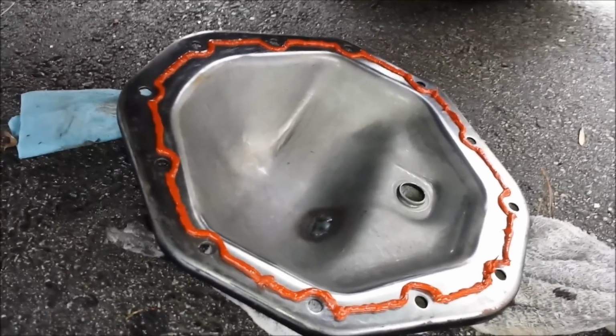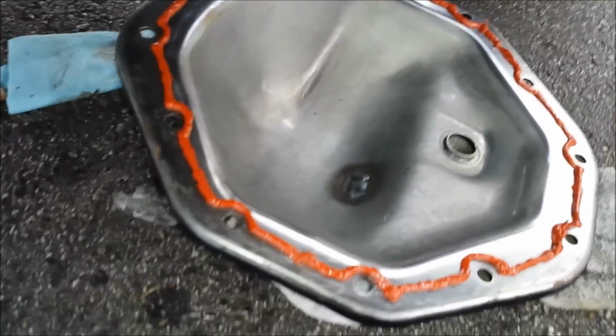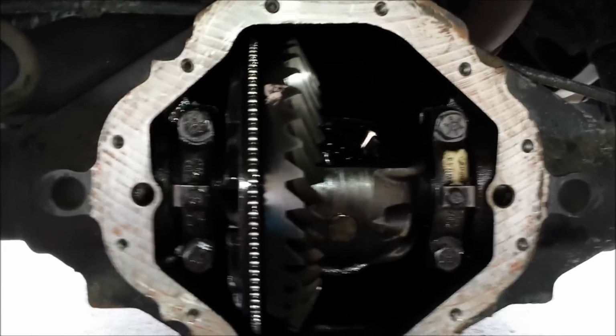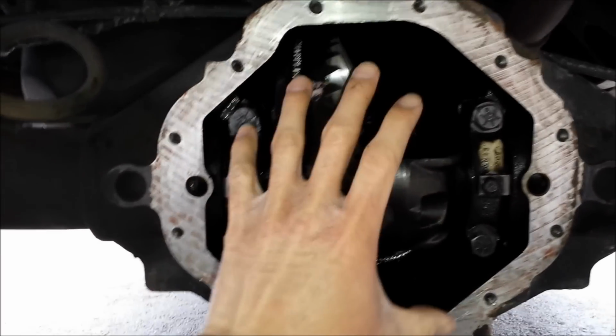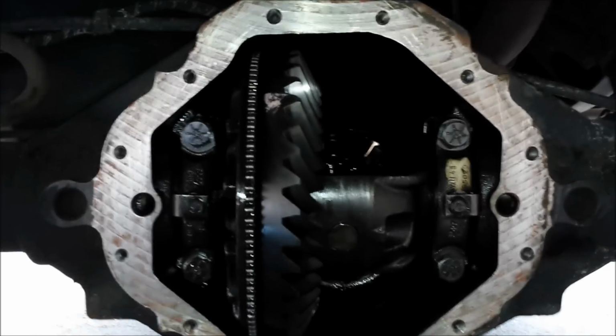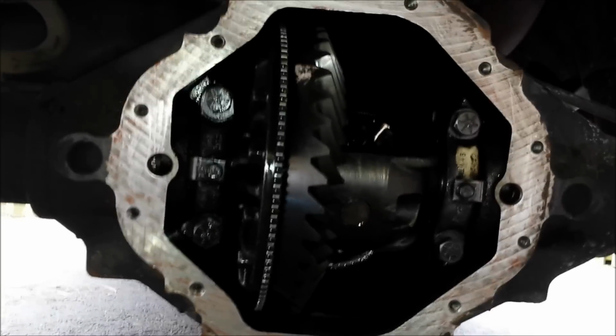Alright, I've got the gasket sealant applied to the cover, and I'm getting ready to put it back on the housing. The idea will be to get the two top bolts in and very carefully push the cover onto the housing at the same time, so that the surface all makes contact at once. I don't want to shift it and smear everything. I want to go straight on, get those two top bolts in finger tight, and then I'll do the two bottom ones,